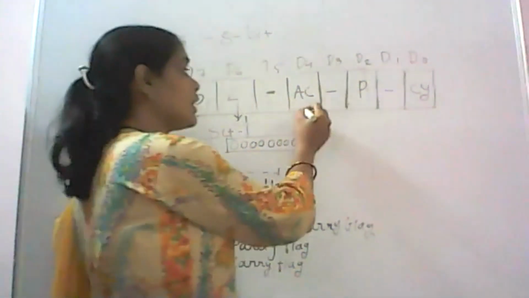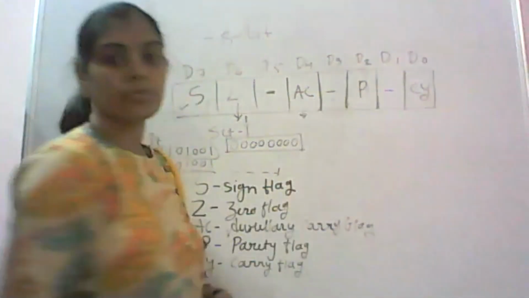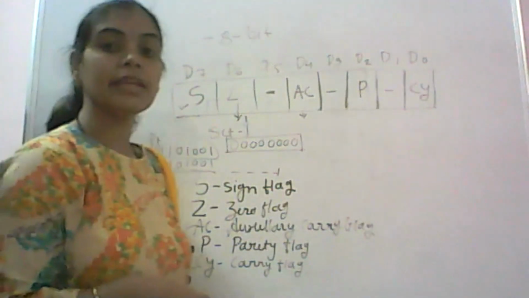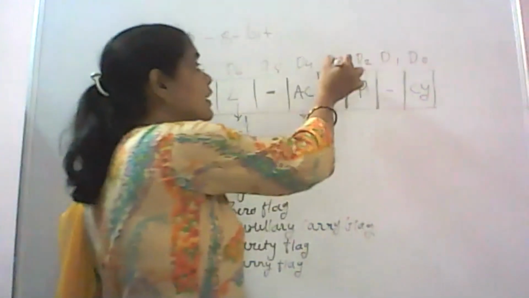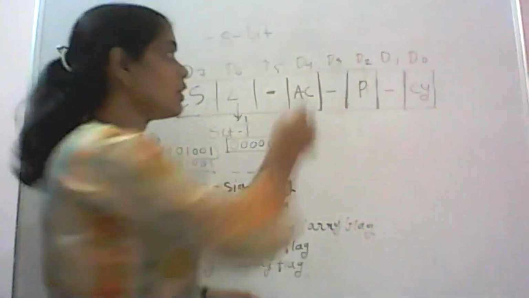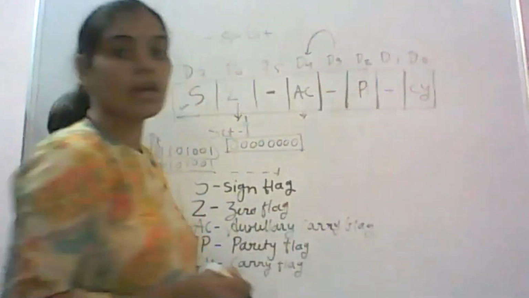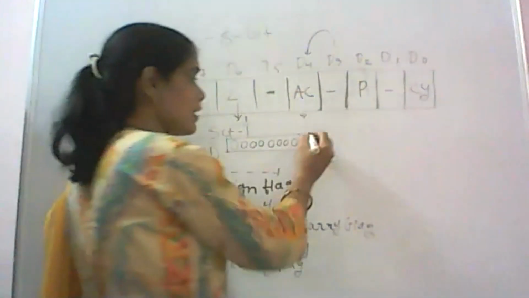Okay. Auxiliary carry flag कब set होगा, if carry from bit D3. अगर D3 से कोई भी कैरी जनरेट होता है तो क्या होगा, ऑक्सिलरी कैरी फ्लैग सेट होगा. See the example,